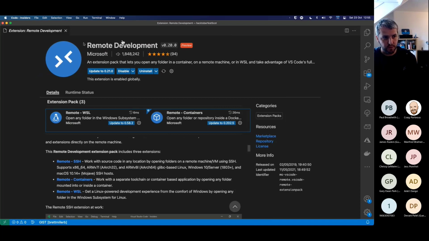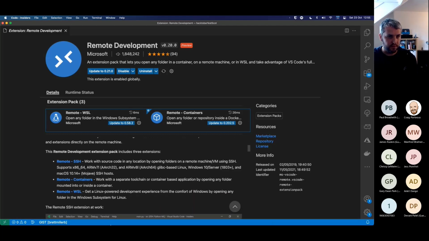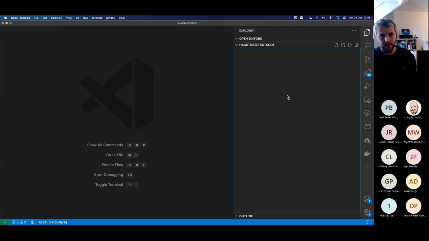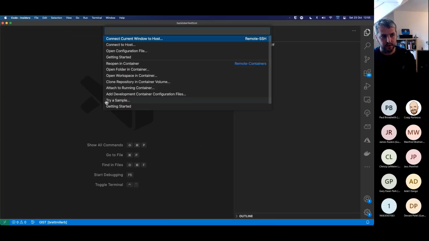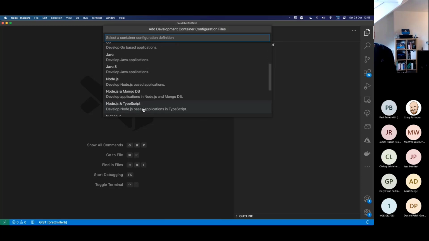So what that gives you is once you've installed this, you might be able to see down here in the bottom left, there's a little green icon, which when I hover over it, says open a remote window. Let me just quit that. In here, I don't have any files or folders. If I click that and click reopen in container, these are the default containers you get